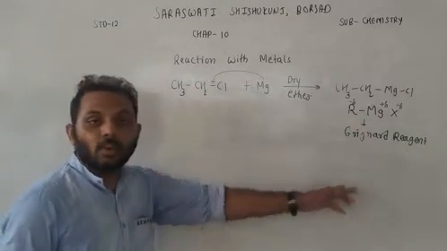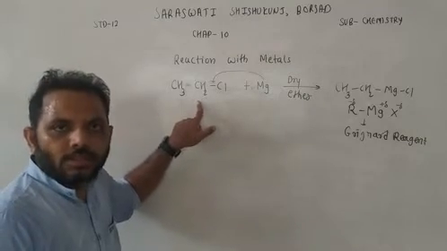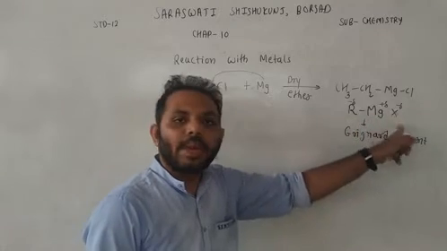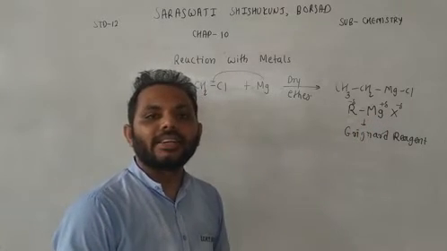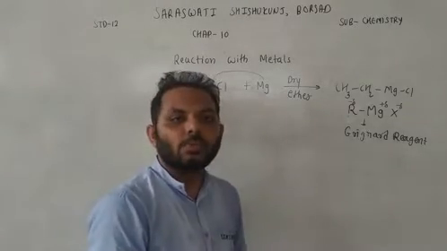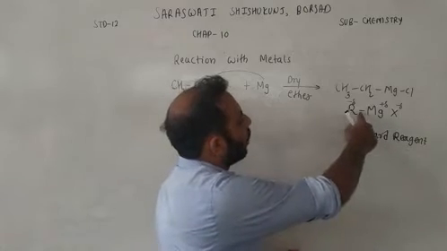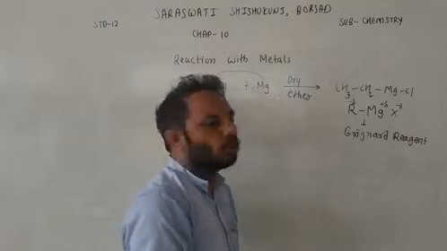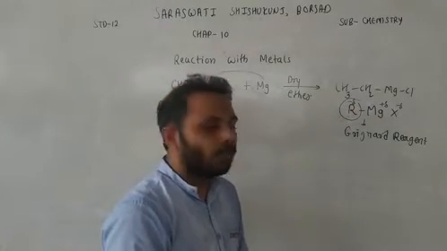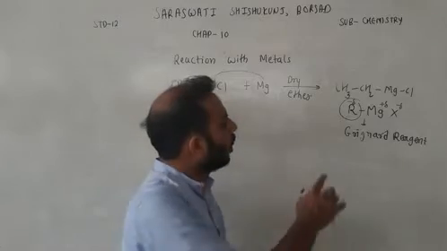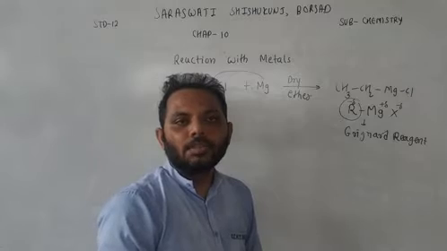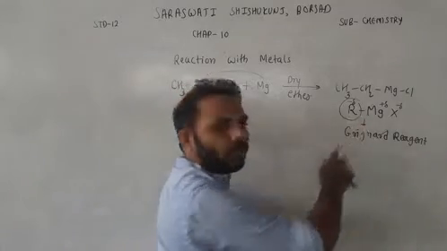So how is this reagent formed? Haloalkane reacts with magnesium in presence of dry ether and it will form alkyl magnesium halide, which is known as Grignard reagent. Now in Grignard reagent, because magnesium is highly electropositive, the bonded carbon will be towards the alkyl group, and that is why we have written negative charge on alkyl group. And one more thing, between alkyl group and magnesium there will be a covalent bond.